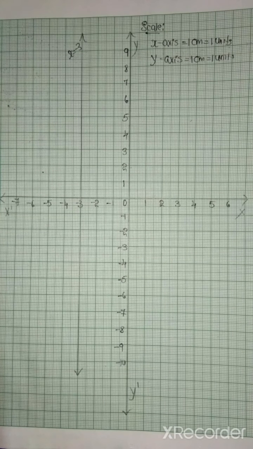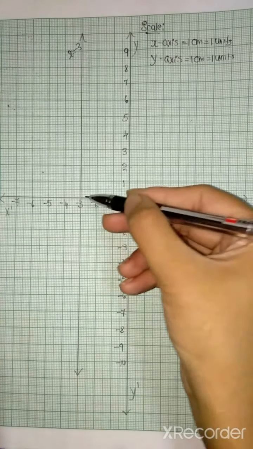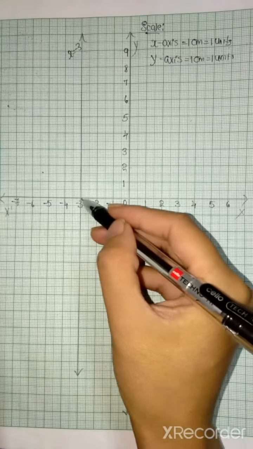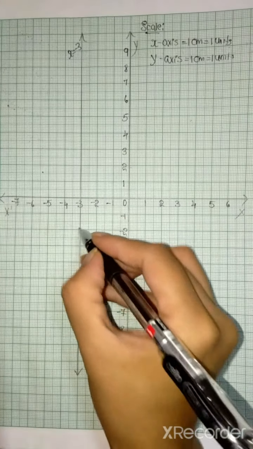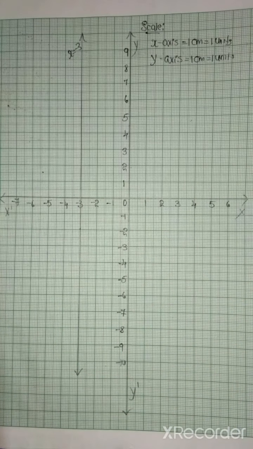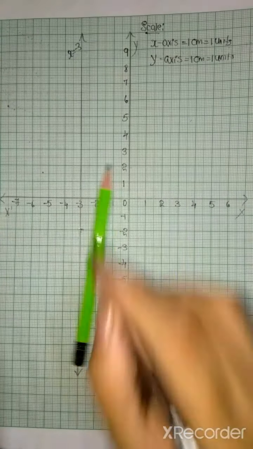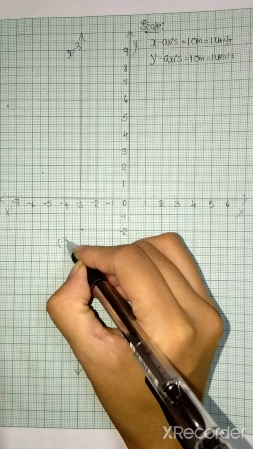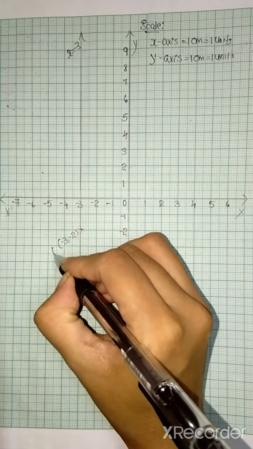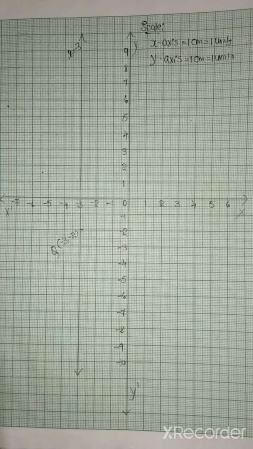So हमें जो एक point दिया था, Q is minus 3 comma minus 2, it comes at minus 3 on the x axis and minus 2 on the y axis. So here it comes, so this one is Q, minus 3 comma minus 2. So this is the graph of the equation of the line AB, that is x equal to minus 3. Next, question number 5.